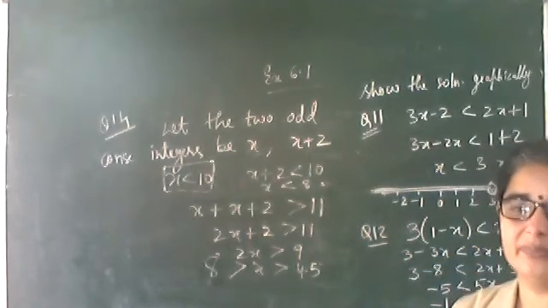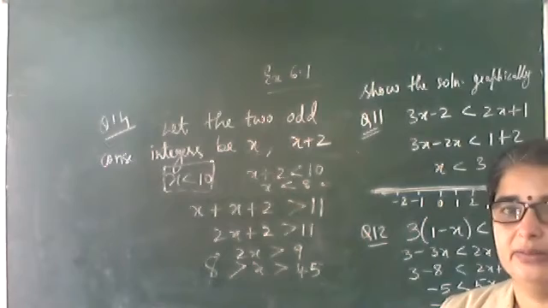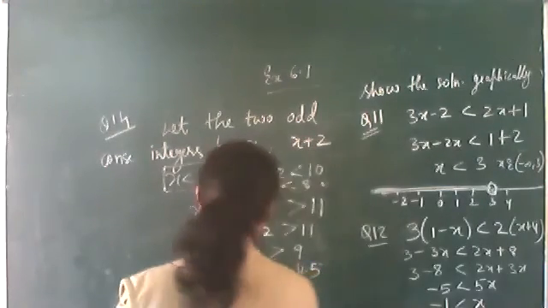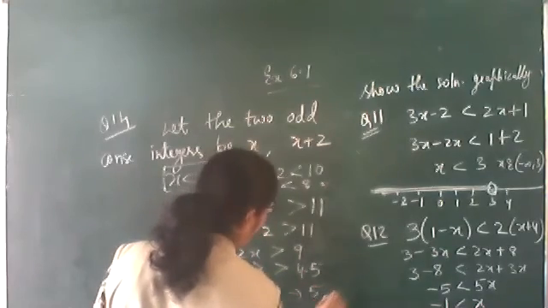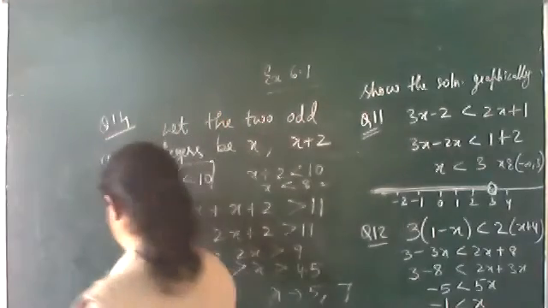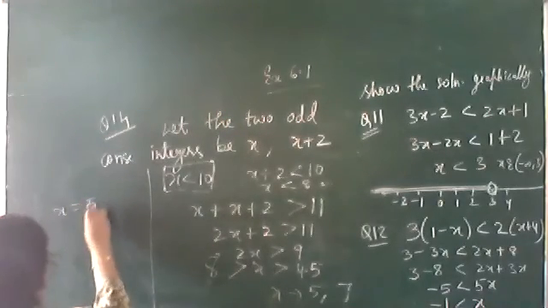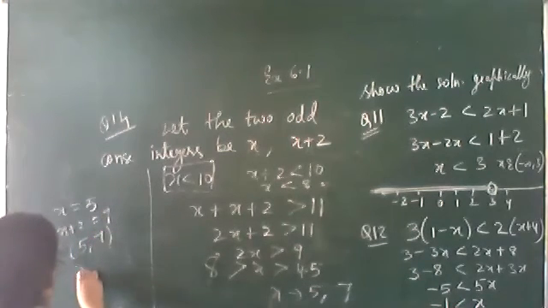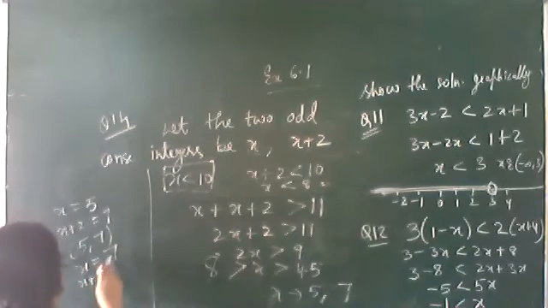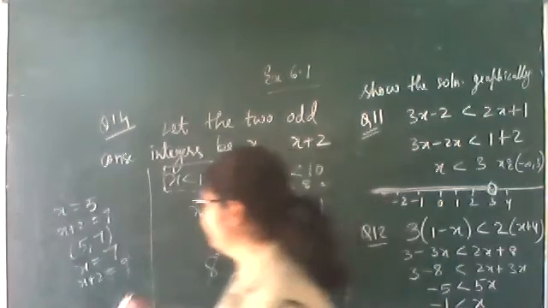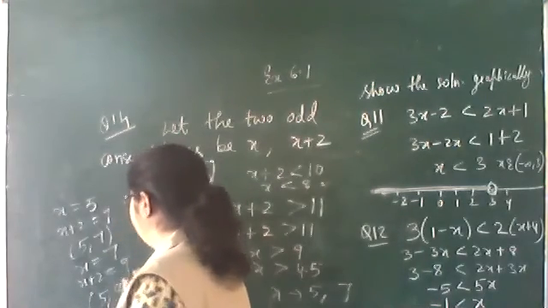What are the numbers? Tell me, odd numbers. 5 and 7. 5 and 7, very good. So x can take the values 5 and 7. So which pairs will be formed? When x is equal to 5, then x plus 2 will be equal to what? 7. So one pair is 5, 7. When x is equal to 7, then x plus 2, the next consecutive odd integer, will be 7 plus 2, 9. Clear? So we will have two pairs: 5, 7 and the other one is 7, 9.